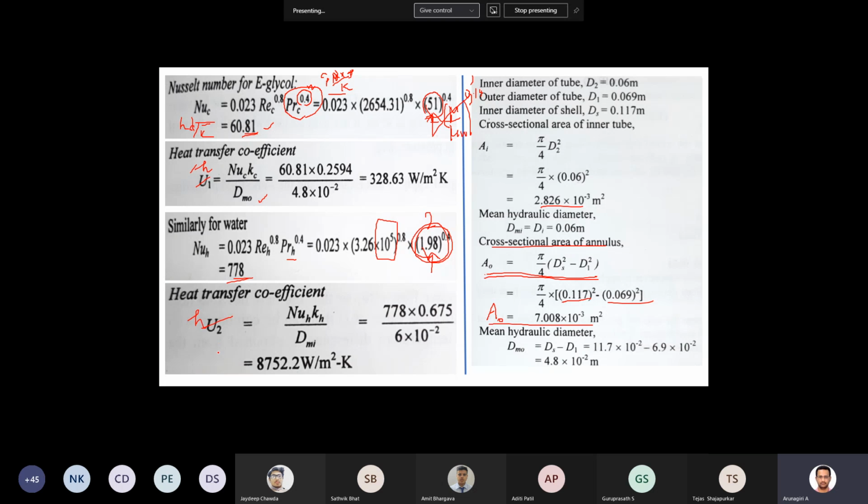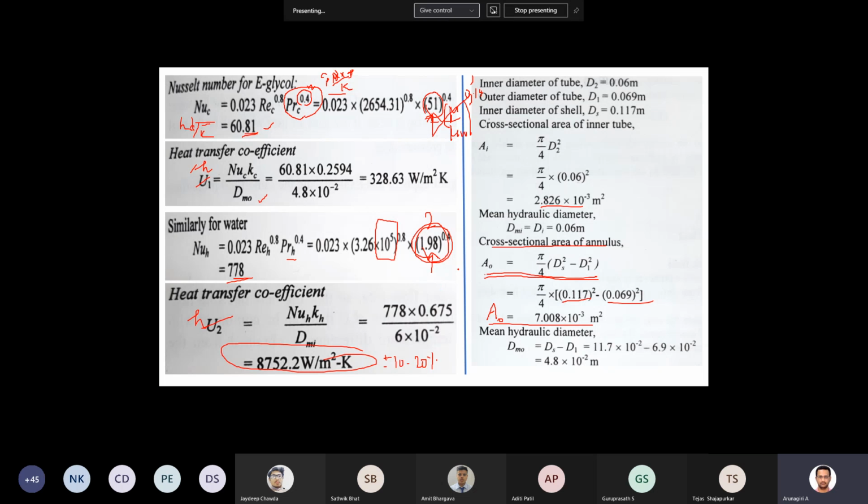Some books may refer to specific equations that are available to calculate the heat transfer coefficient of water. Specifically you can use it for this. Because of this Dittus-Boelter equation or Sieder-Tate equation, there will be deviations if you find the value experimentally. The heat transfer coefficient value is 8752.2 watt per meter square Kelvin. If we find the heat transfer coefficient experimentally, there will be plus or minus 10 to 20% deviation, because this is a generalized equation, correct? It's not a specific case.